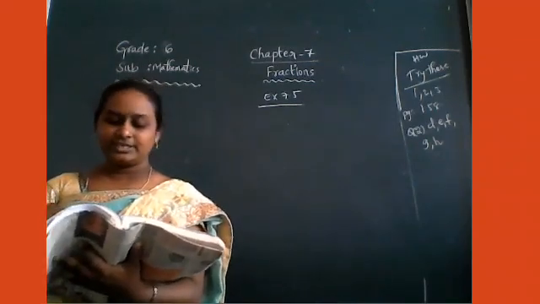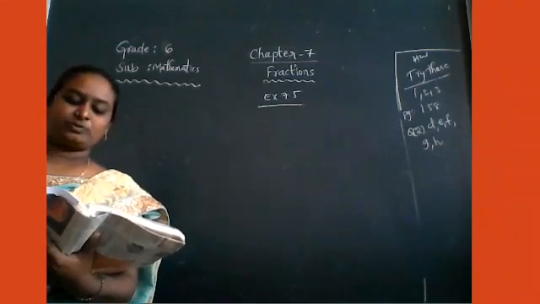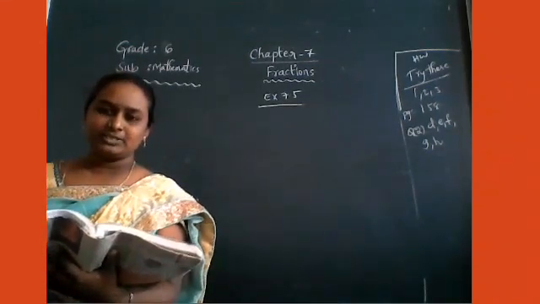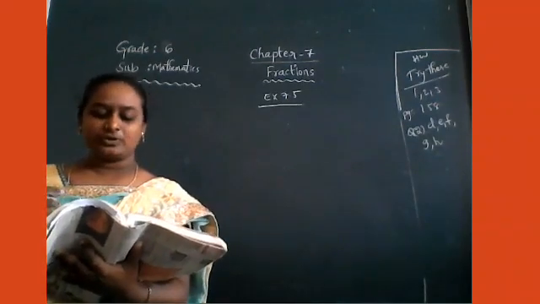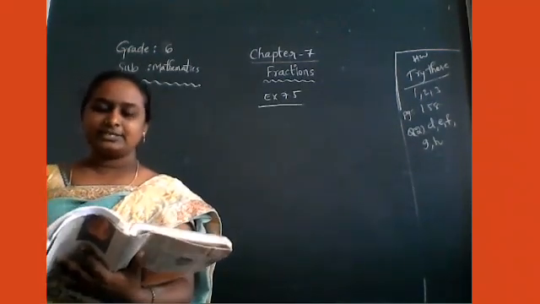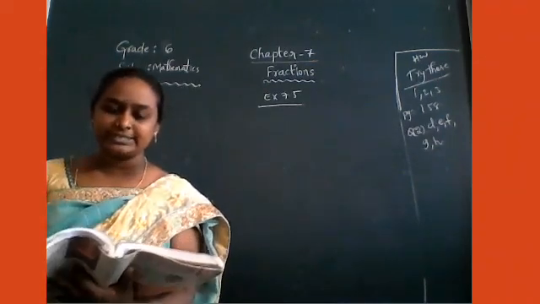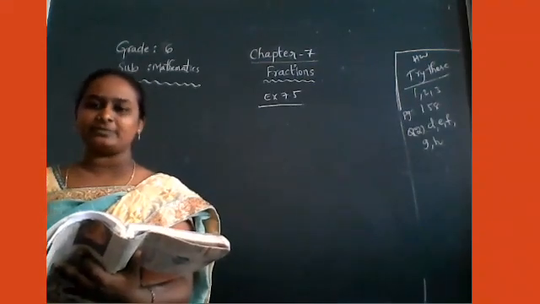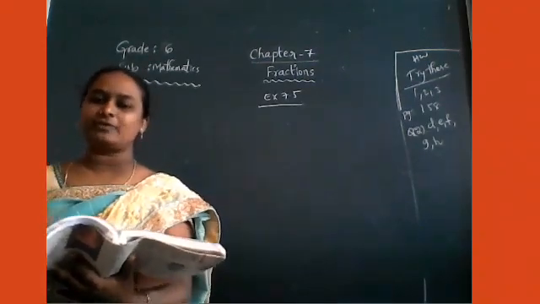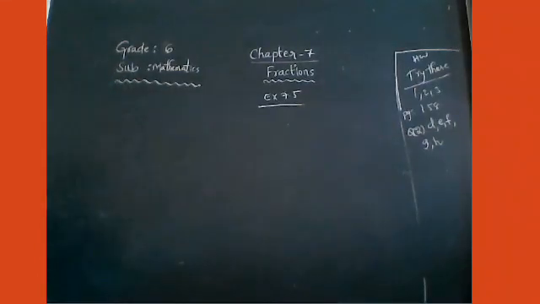Here, Shubham painted in his room how much part of the wall? 2/3 part of the wall Shubham has painted. His sister, how much part has she painted? 1/3 part. Both of them painted how much part? Very good. 2 by 3 plus 1 by 3. So that is one complete wall. We can write that stepwise.